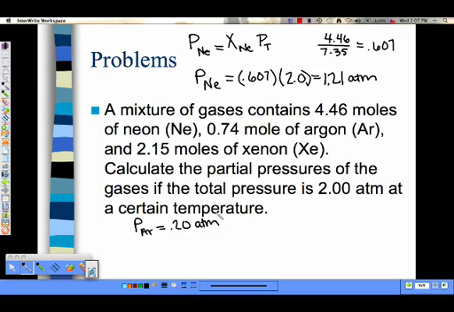And again, for xenon, 2.15 divided by 7.35 times 2, so we'd have a 0.585